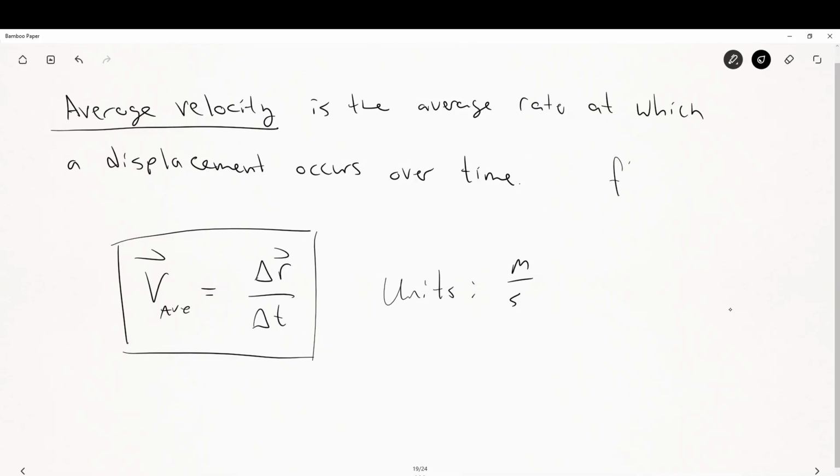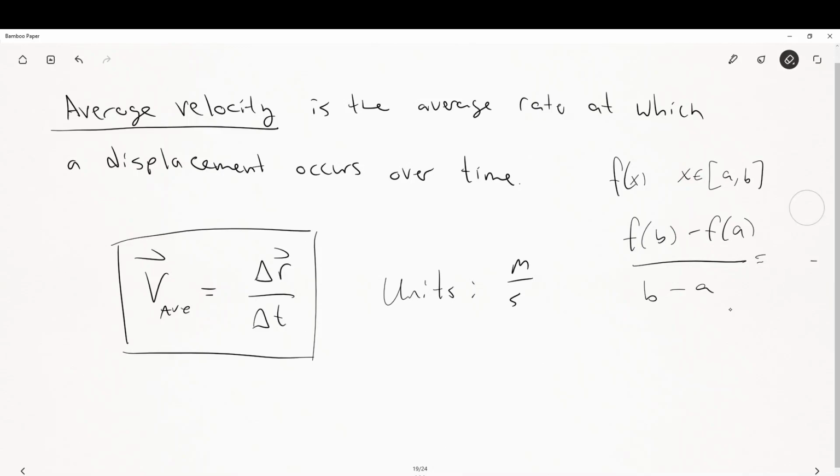So if I have some function f of x, and I'm looking at an interval from a to b, the average rate of change of that function is the slope from a to b, right? So this is what we would call an average rate of change. And if I just apply that same principle here,